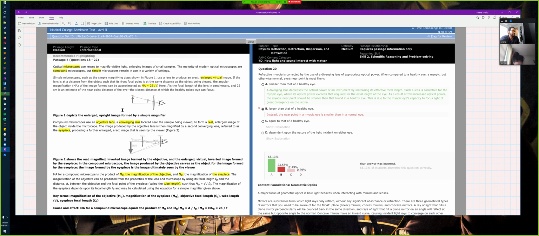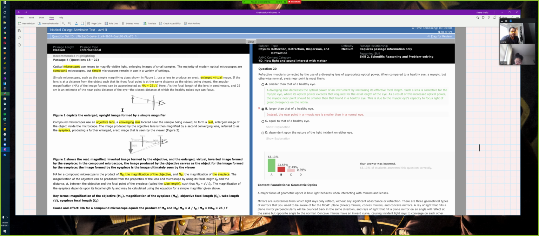So how I understood this question is, it's asking that when compared to a healthy eye, if somebody is myopic, then the near point will be... How I interpreted near point was, since it's the closest distance that the healthy naked eye can focus, and I thought that if you're myopic, then you're focusing way in front of the retina. So then I thought the distance would increase,